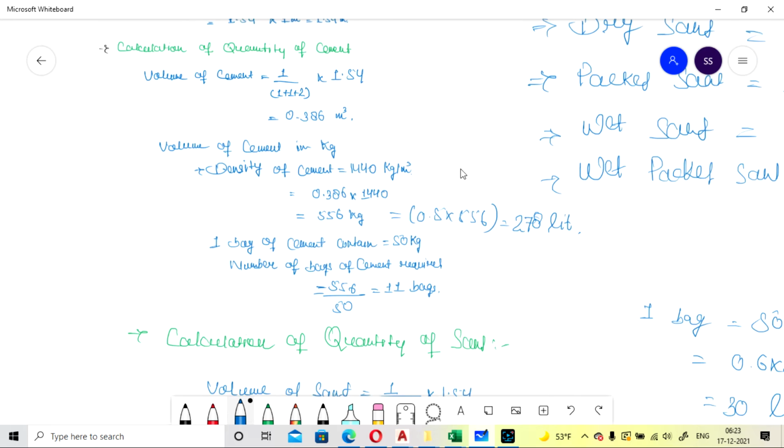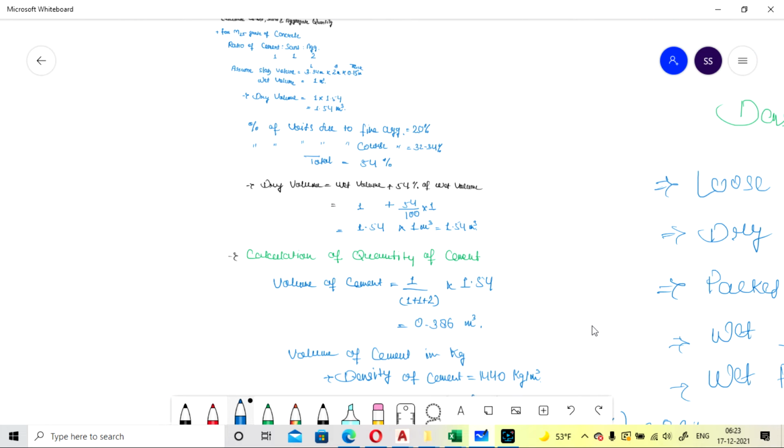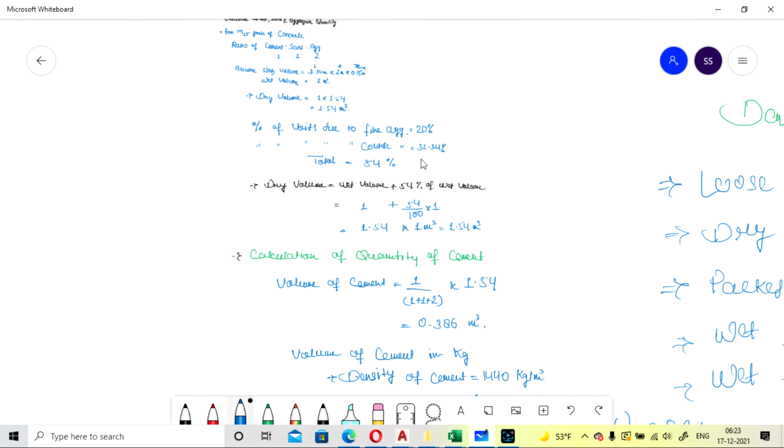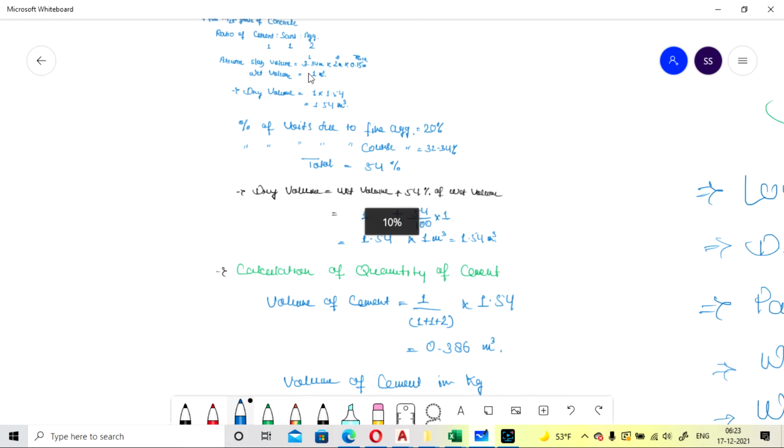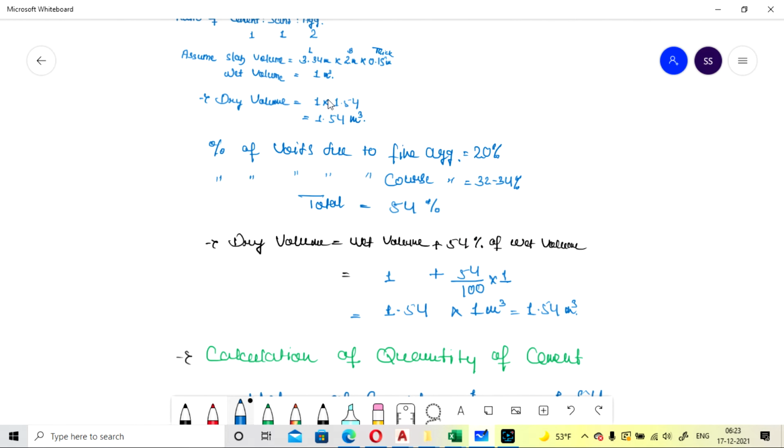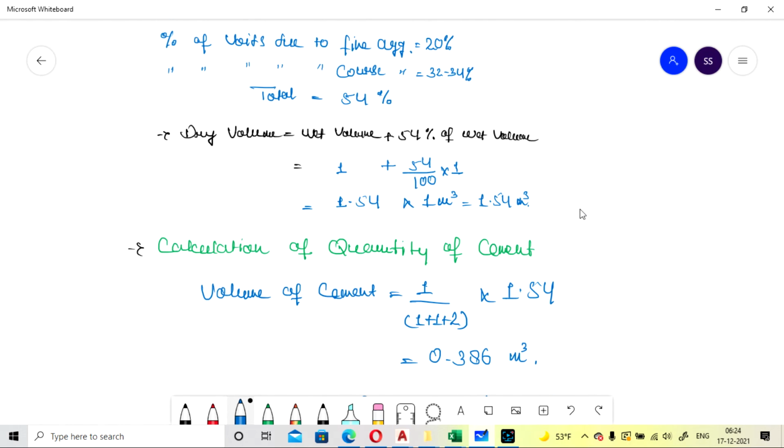So we have calculated all the values of cement, sand and aggregate for casting 1 m cube of slab. In this way you can calculate for whatever area of slab or amount of volume you require. After calculation of the volume, you just have to follow the same process. All you need to do is calculate the volume correctly, and after that the same procedure is followed for all the calculations, depending on your grade of concrete.